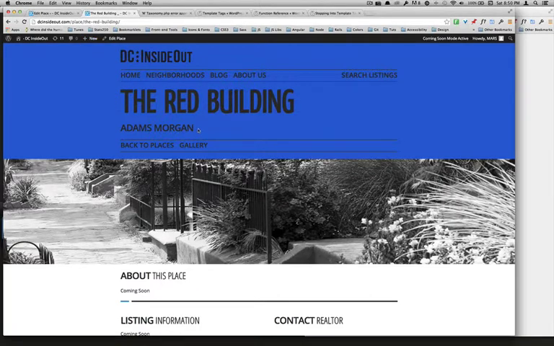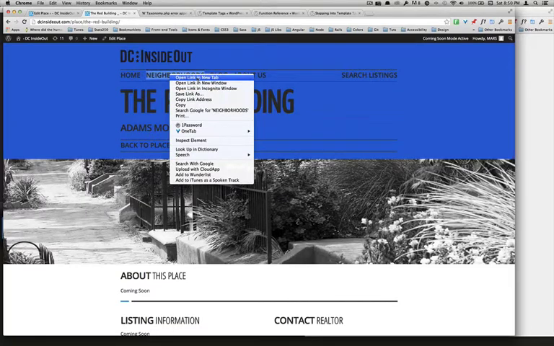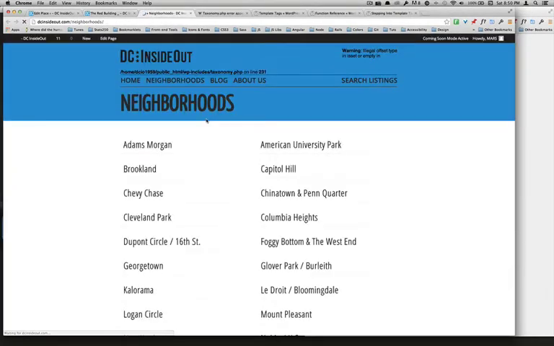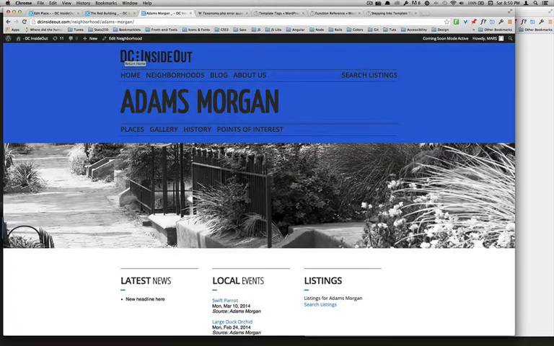I feel like there's a problem here, and now I'll actually get to what the problem is. If I open another tab, neighborhoods, and I go to Adams Morgan, I think this is how I can recreate the problem to understand what's going on here. If I go to history,